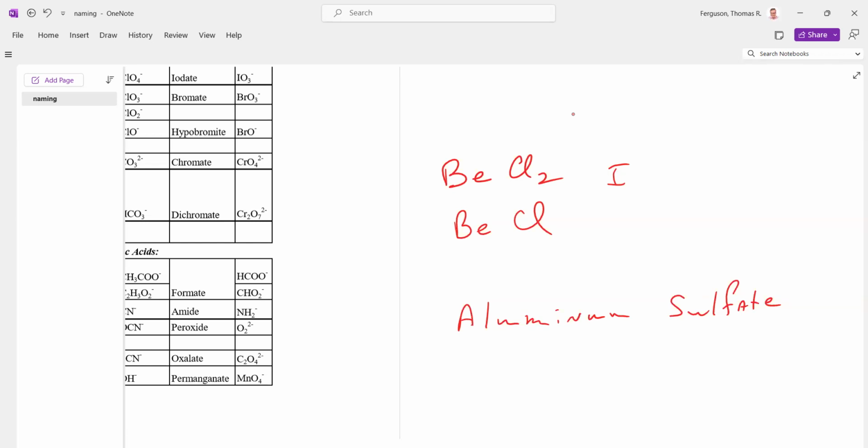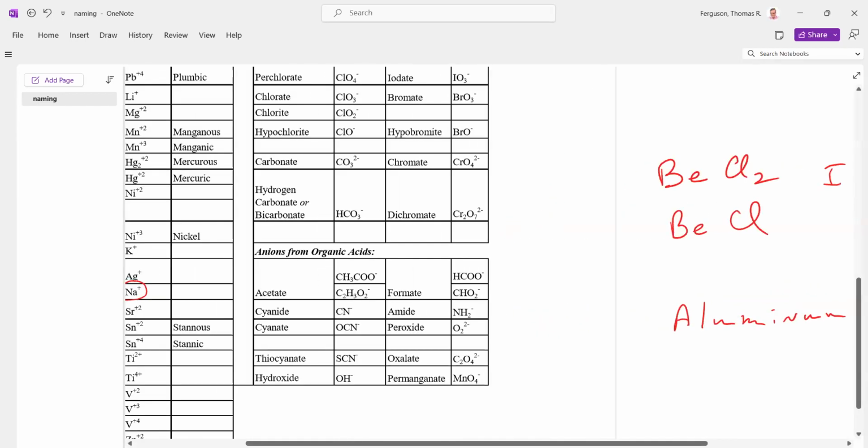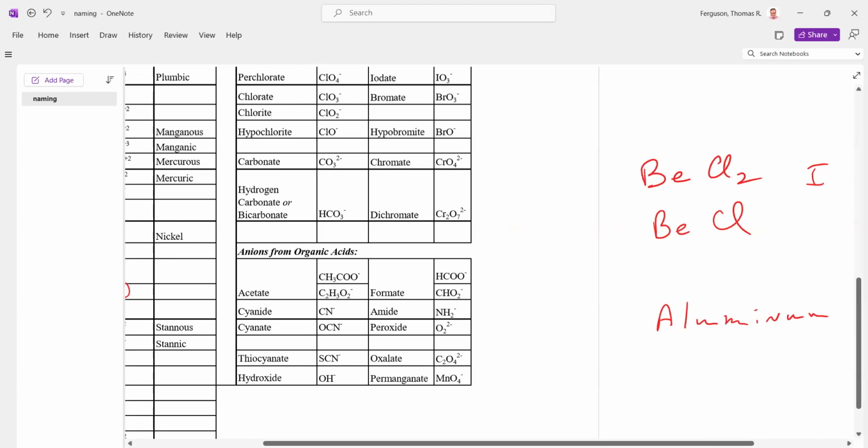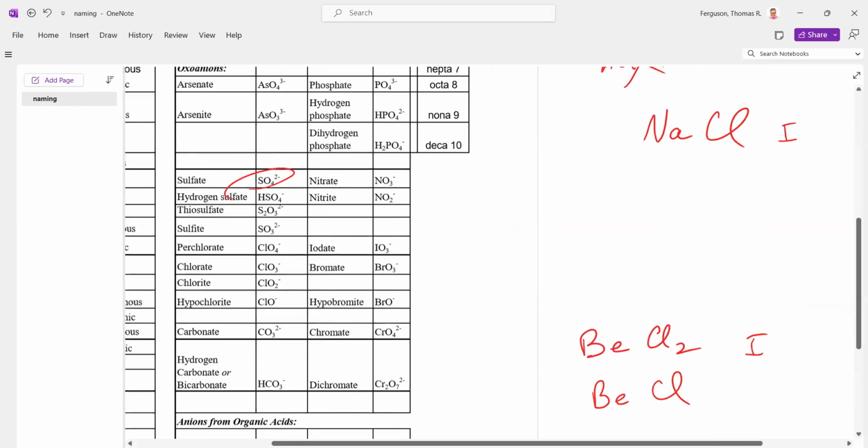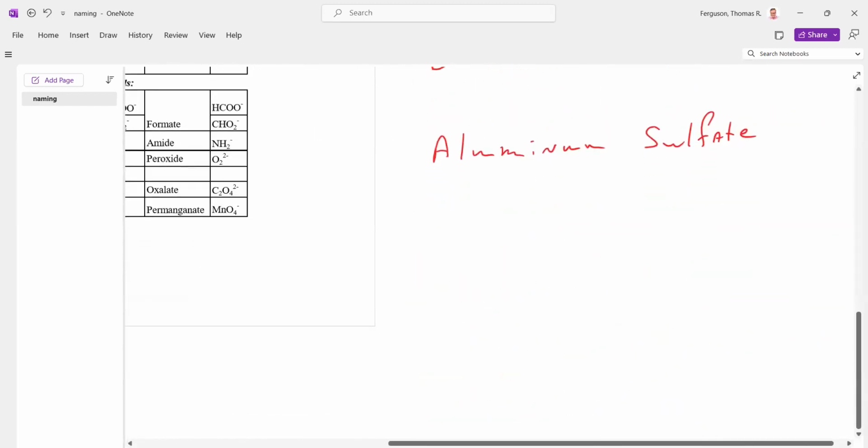What's the charge? +3. What's the charge in chlorine again? Okay. And what's the charge? Excuse me. What's the charge in sulfate? -2. And sulfate is right there. Okay, so how do we write the formula then for aluminum